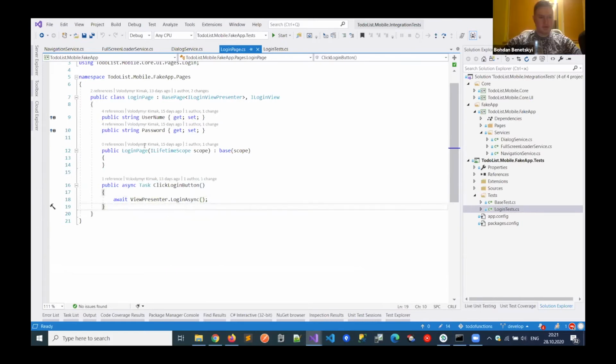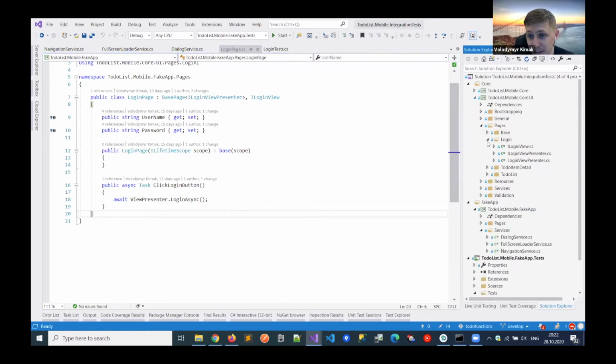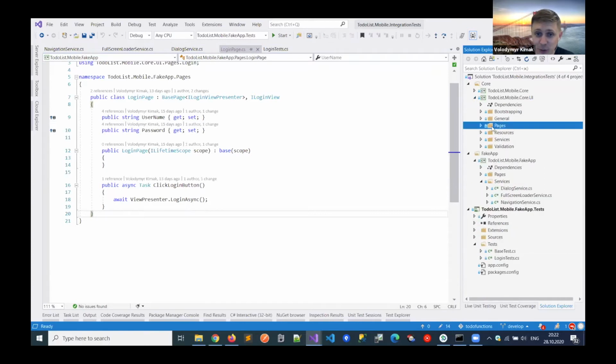Sorry, may you please open that login async? I would just like to understand how your MVP works inside, because it's not a common pattern. Yes, but I mean, it's not so important how it works. In this layer, it's important that you just